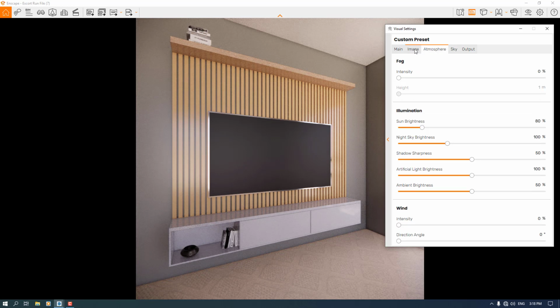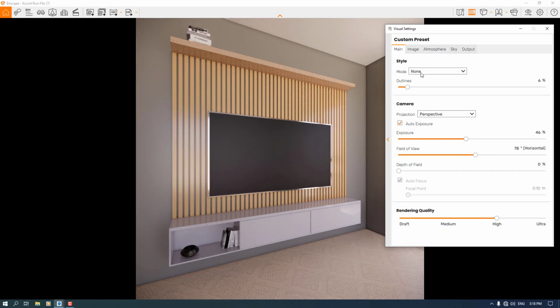So I think everything is good and done like that. And I want to reduce the shadow sharpness to the 44. So I think everything is done. I want to increase rendering quality from high to ultra, so I swipe it like this,